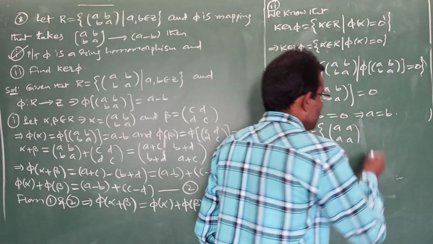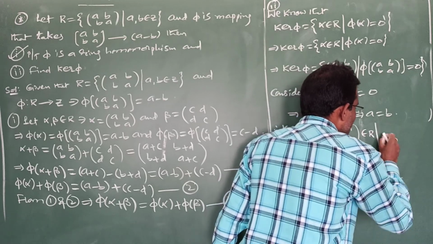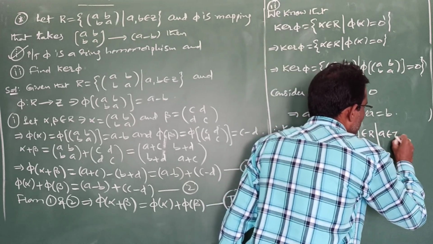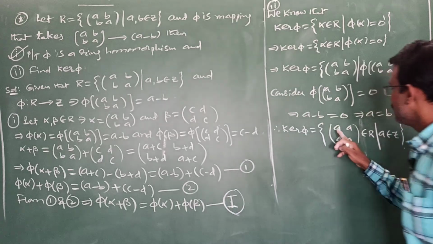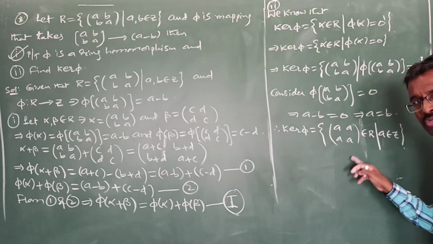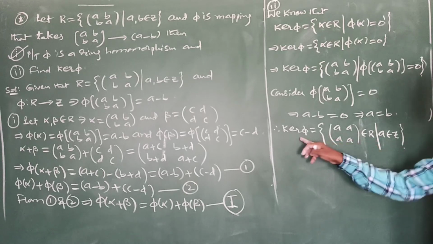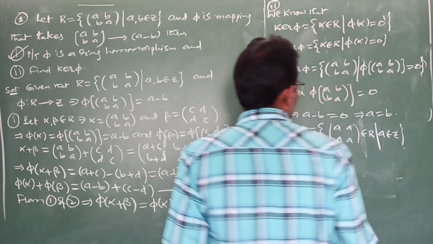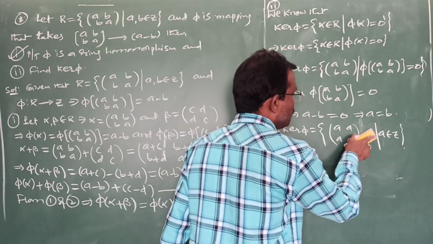ABBB అనొచ్చు. This belongs to, or such that A belongs to what ma? Integer or not. అంటే ఏంటి? ఇక్కడ integer, same integer, same integer, same integer, those type of all 2 by 2 matrices take as a set ma. That set is what ma? Kernel phi ma. Here it is no need to write this. ఇది రాసినా రాయకపోయినా ప్రాబ్లం లేదమ్మా.